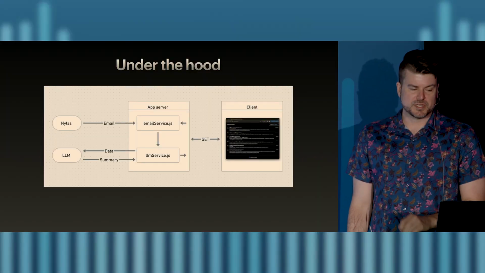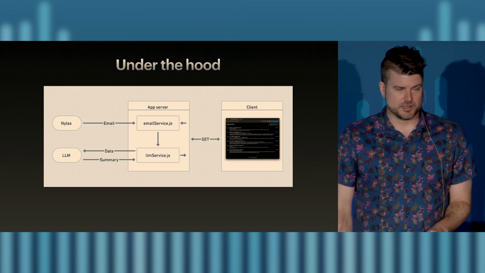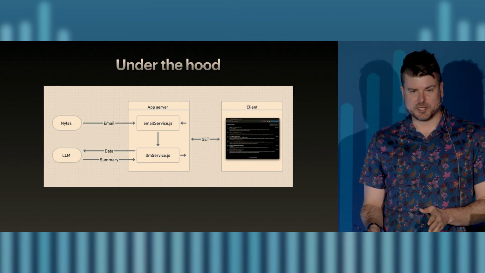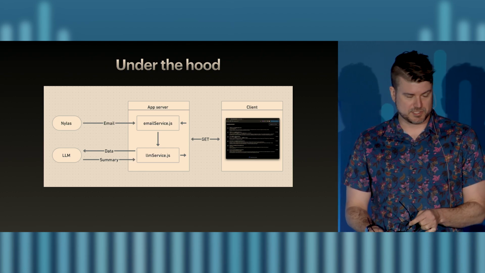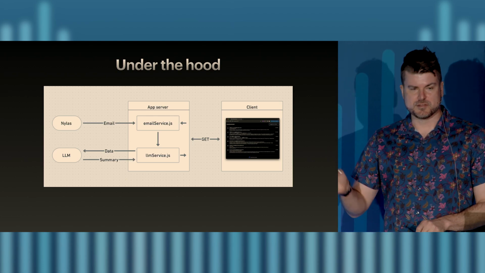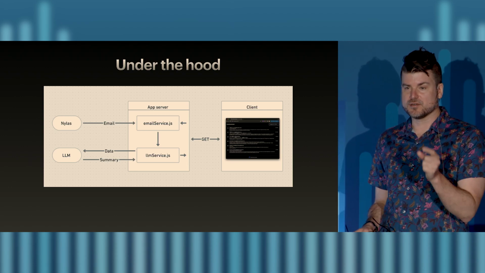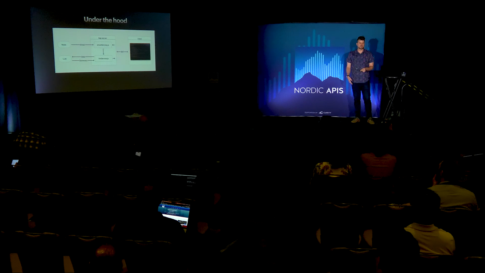So under the hood, here's what we're doing. We have an app server in the middle. The server is written in Node.js with TypeScript. On that server, the first thing that happens is, if the client makes a GET request to our server, the email service is the first thing that gets triggered. We'll talk about what that means in a minute. It reaches out to Nylas and pulls in all of my emails from Gmail. So that's the first step. Then the email service is going to pass things off to an LLM service, just a Node.js class that I've built on the back end.